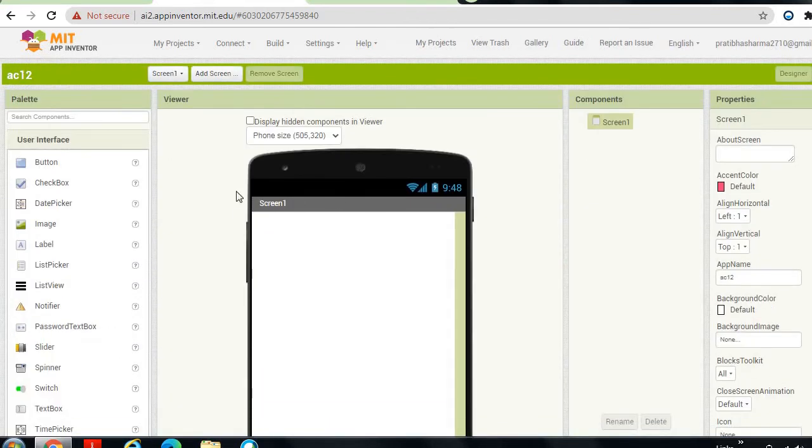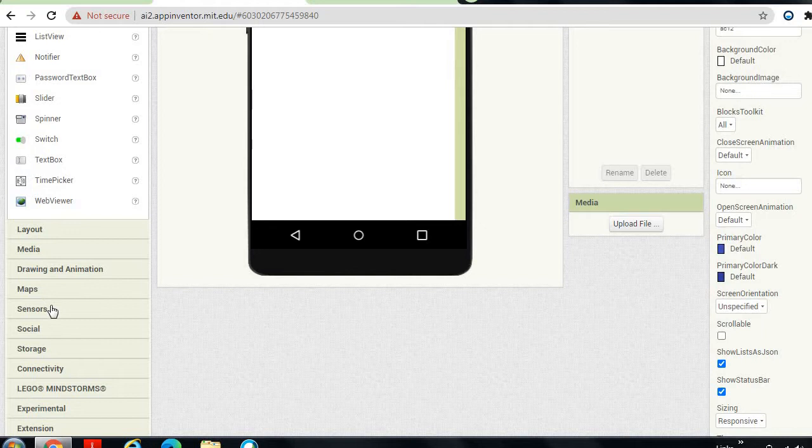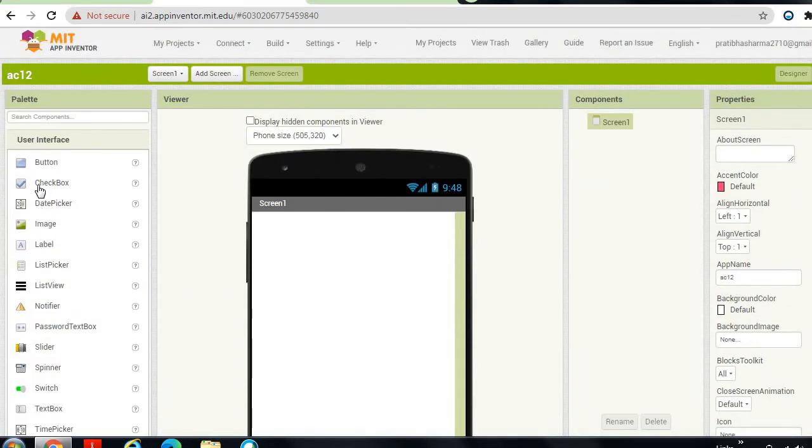See, it displayed. Now this is a blank window. There are 4 parts: palette, viewer, components and properties. So there are options like user interface, layout, media, drawing and animation, map, scanner, etc. Then these are some icons.